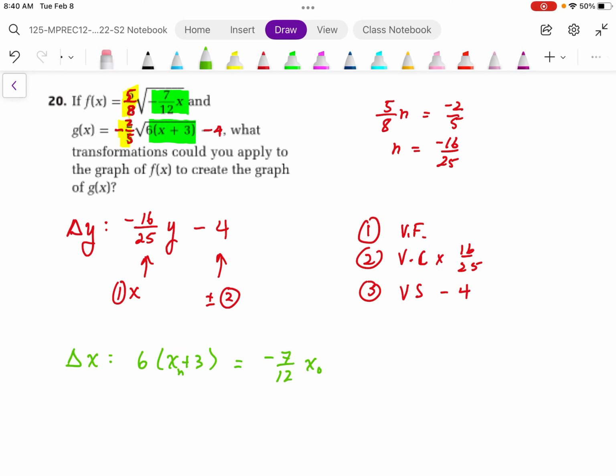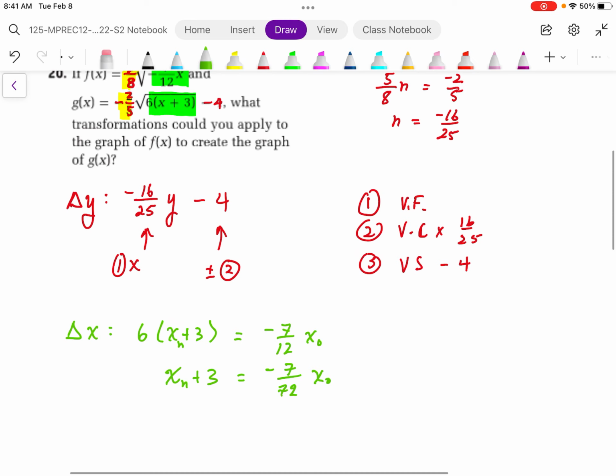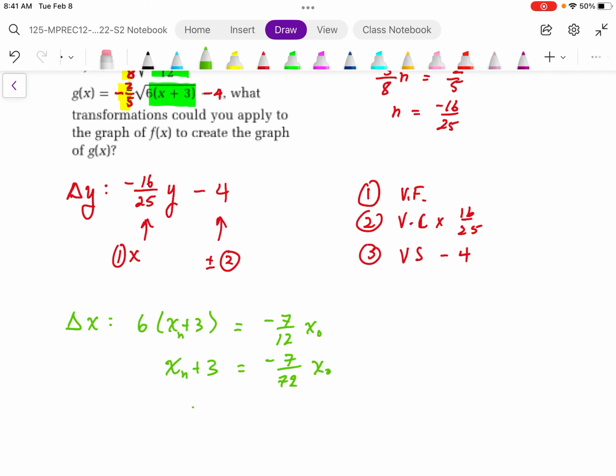So if I solve this, the first step is just going to do that, whatever is already here. Okay, it's going to apply that and it will get back to its neutral position. And then if I solve for the new x, I now do the transformation from my neutral position. So I'm going to compress it by 6. And then I'm going to shift it to the left